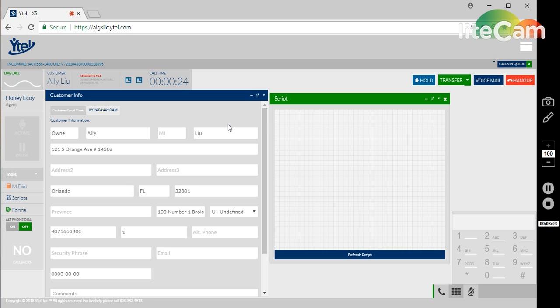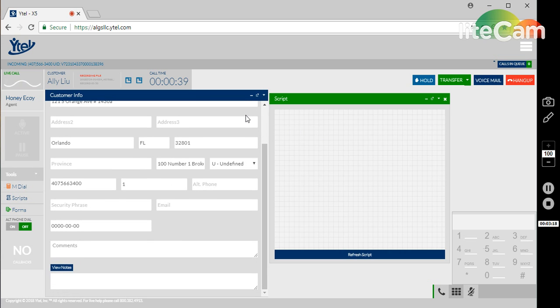So if you're transferred to a voicemail, you just need to click on voicemail button. It will automatically leave a pre-recorded voicemail, so you no longer need to say anything. Okay? Also, before we